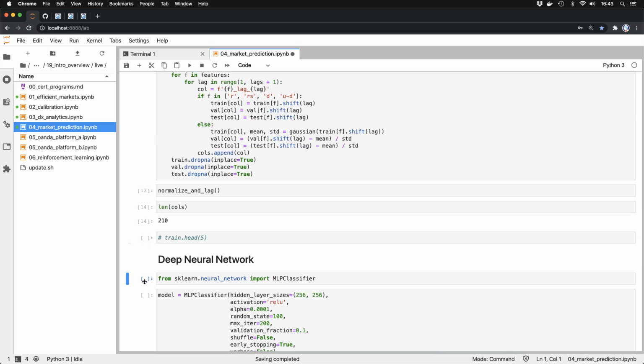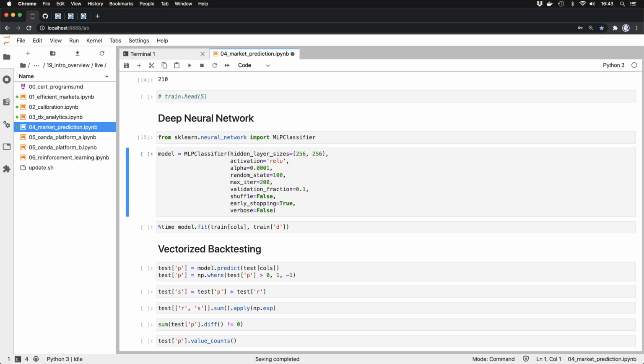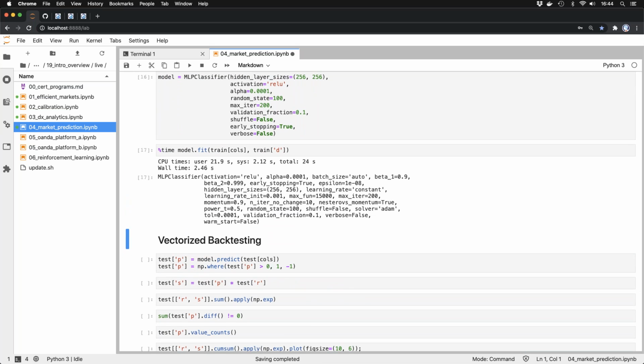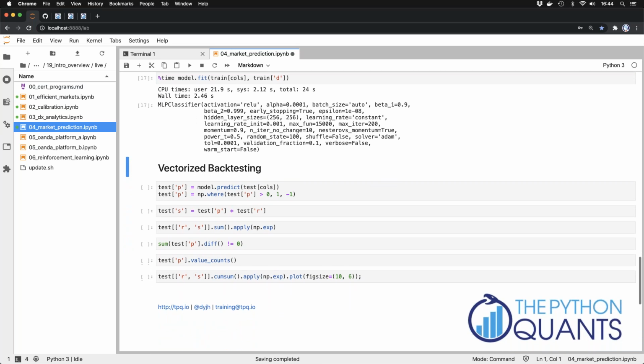I can now apply a deep neural network, and there was a question about which packages. For sure, we work quite a lot with scikit-learn. Here I use scikit-learn, the MLP classifier, as a deep neural network. 2 hidden layers, 256 hidden units, activation function, and a few more. And I do the fitting now on the training data set. It's pretty fast. In many circumstances, scikit-learn and MLP, classifier and regressor, are pretty fast. And when I now implement the vectorized backtesting,